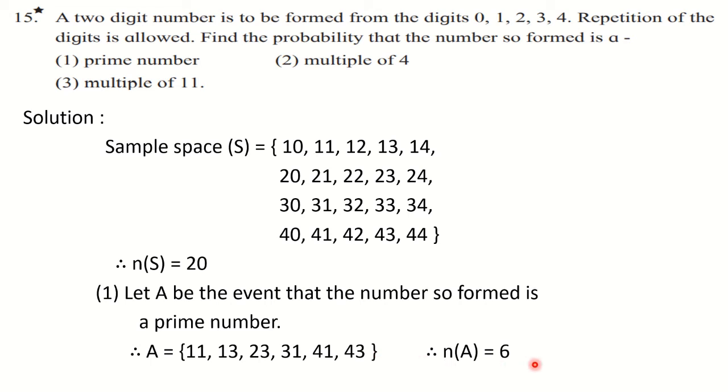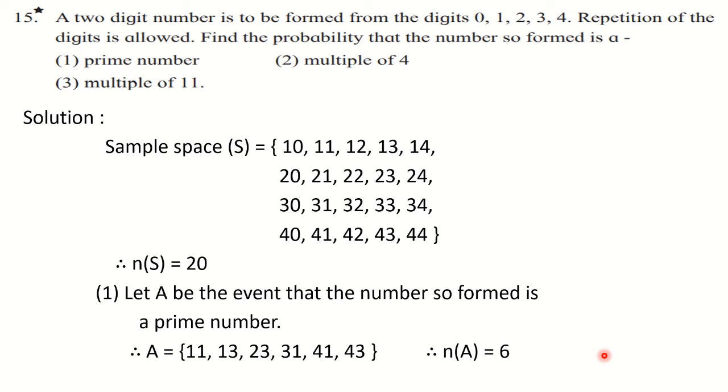All of you please write it down. Then we will go towards the next slide to find out the probability. If you are completed, you can write by yourself also. You know now how to find out the probability. Probability of event A we write as P of A is equal to N of A upon N of S. So it will be 6 upon 20 and you can reduce it to the form 3 upon 10, correct?